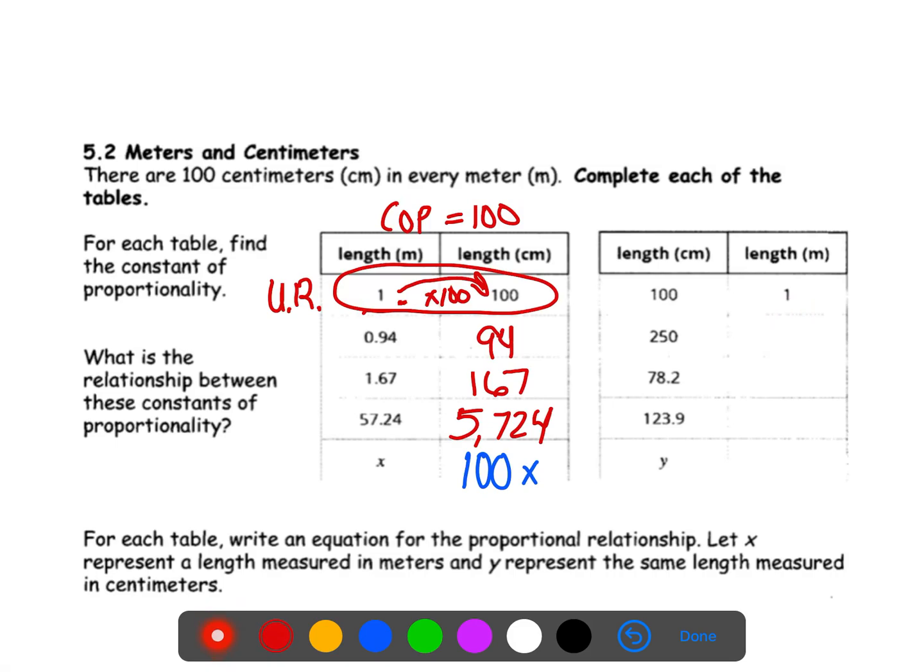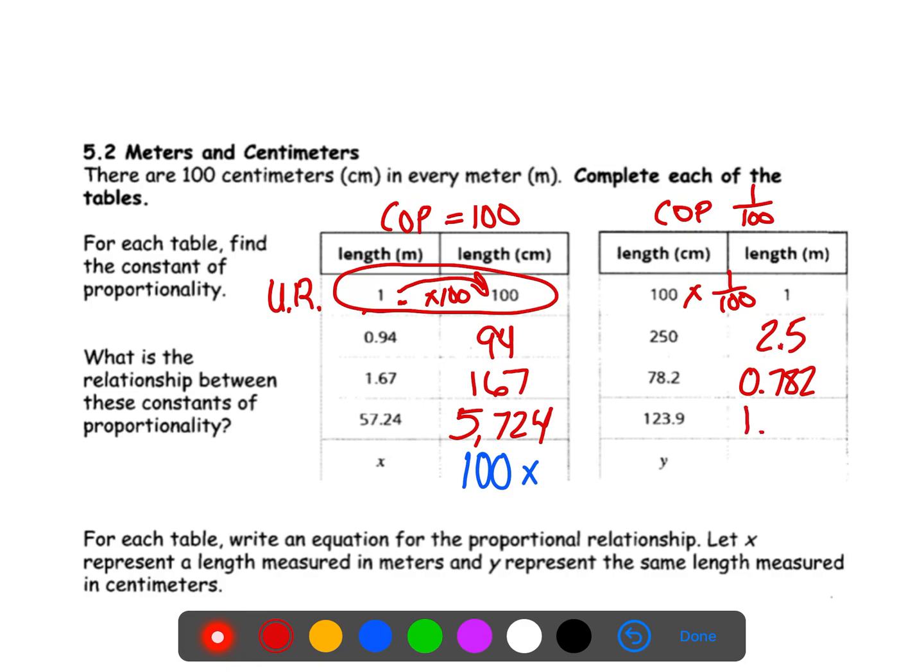The reciprocal of 100 is 1/100th, 1 over 100. So if my constant of proportionality in this table is 1 over 100, that should bring all of these values down to 100 times smaller, or 2 place values smaller than what it was. So 250 will now be 2.5 if that amount is measured in meters instead of centimeters. If I continue that pattern, multiplying by 1 over 100, I would get